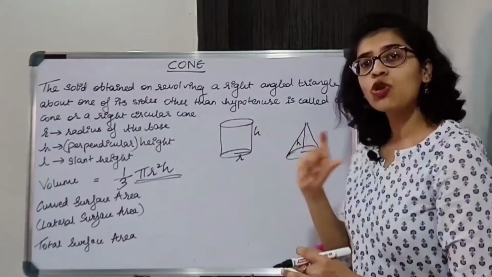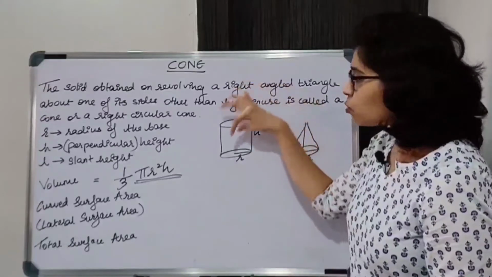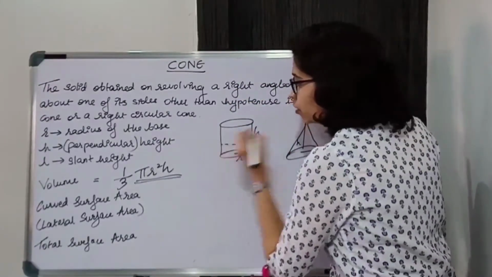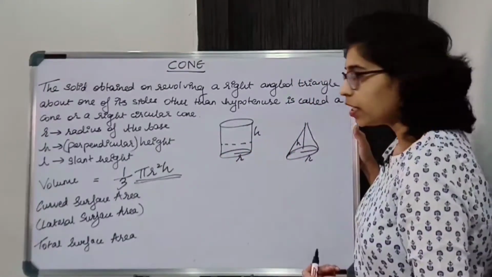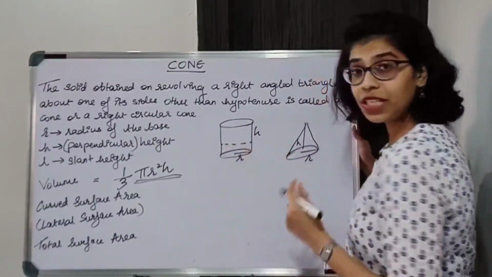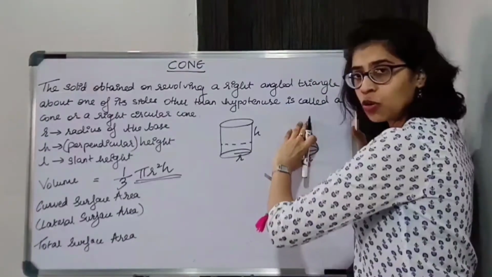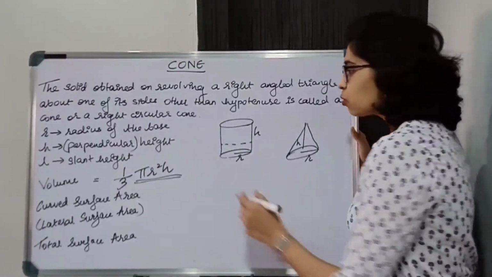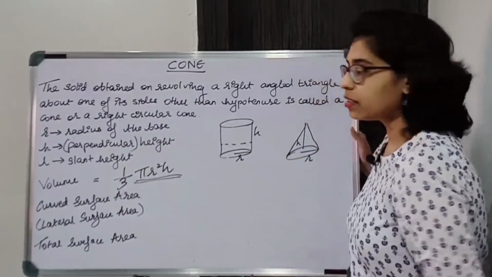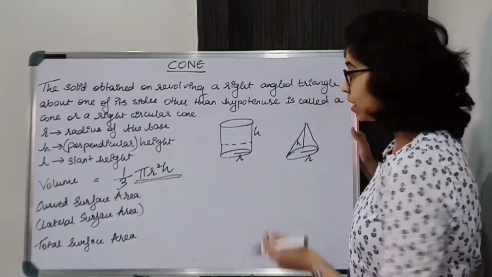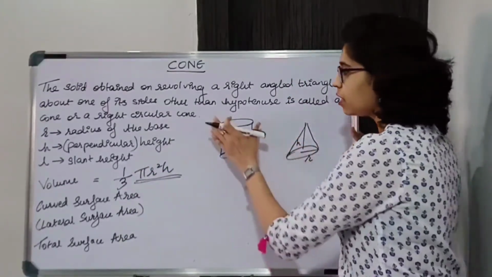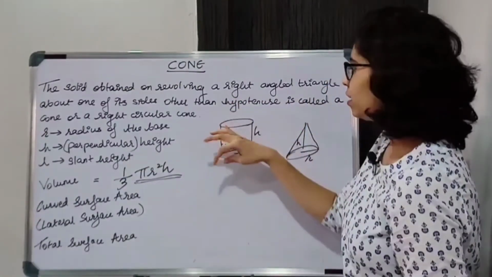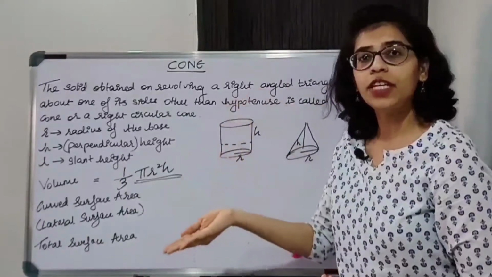Then if I fill this cone with water and pour this water inside the cylinder, what will happen? It will fill only 1/3 of this cylinder. Okay, it will fill only 1/3 of the cylinder. Means the volume of the cone is 1/3 the volume of the cylinder. Okay, so that is why the volume of the cone is 1 by 3 pi r square h. That is, you need to fill the cone 3 times to fill the cylinder completely. We will have to pour water after filling 3 cones like this. Only then will the cylinder be filled completely.